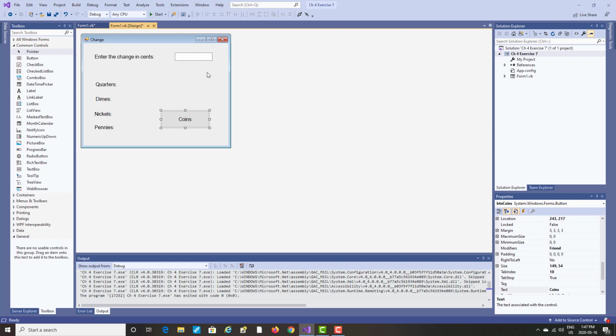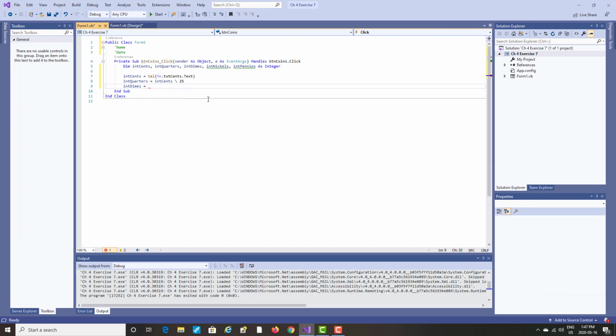If we have dimes as cents divided by 10, then we've got a problem because it will be 3 here and then 7 here. Wrong. So we have to tell the computer, first,